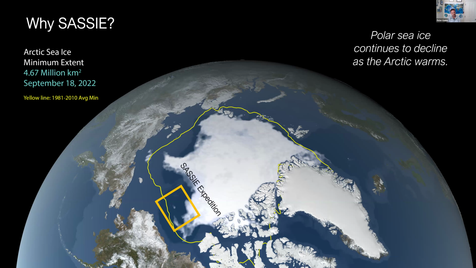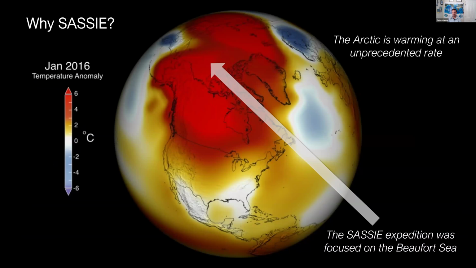This is one of the reasons for SASSIE, because polar sea ice is disappearing at a very dramatic rate. Also, the poles are heating at a much higher rate than other parts. Generally it's not the poles, but this part of the Arctic is heating quite quickly. Here we are looking at the surface temperature anomaly in January 2022 against January 2016. Just in that short period of time, we have anomalies approaching 6 degrees Celsius. So the Arctic is warming, and that's one of the reasons we wanted to go up there, because we want to see what the effect is of melt on stratification, and therefore the effect of stratification on refreezing.